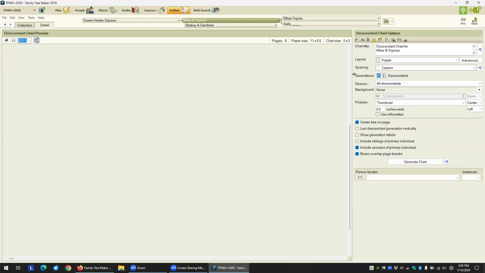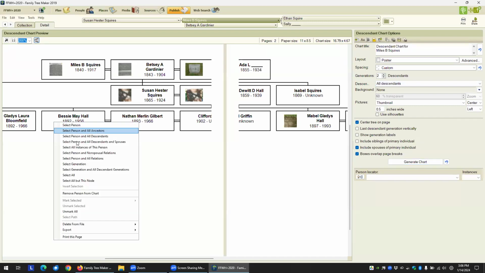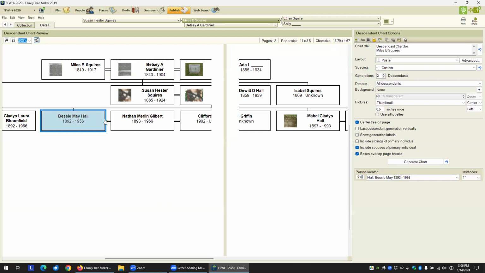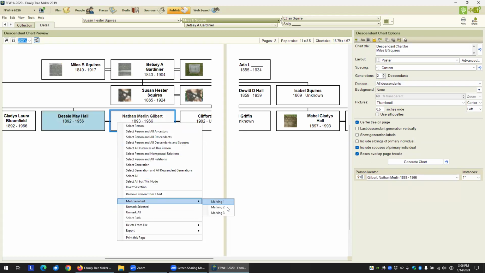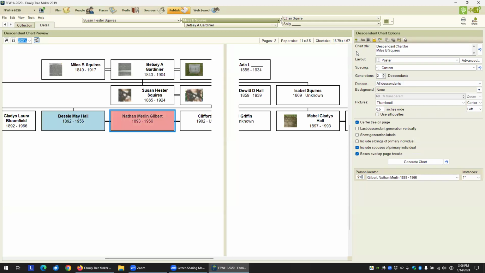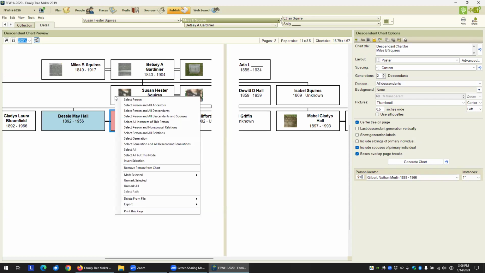Oh yeah, I told it to do, yeah, Buko descendants. So you can say, okay, I want to mark this one with marking 1. This one with marking 2. See, you've only got 3 markings. And those are defined up here. You can specify the border width, so you basically got like 4, whether you use the marking that you use for everyone,